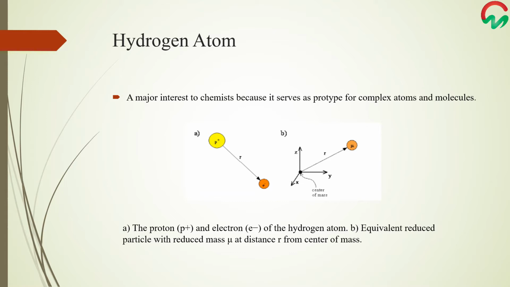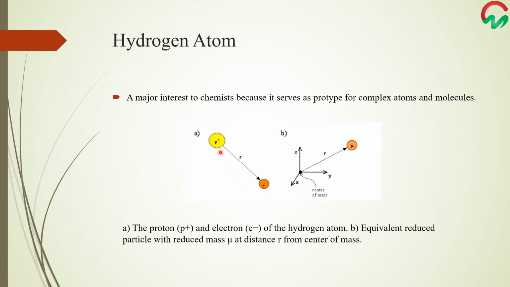The hydrogen atom consists of an electron and a proton, which is a two-particle system, and the internal motion of the two particles around their center of mass is equivalent to the motion of a single particle with reduced mass. This reduced mass of the particle is located at r, where r is the vector specifying the position of the electron relative to the proton. And the length of r is the distance between the electron and proton.